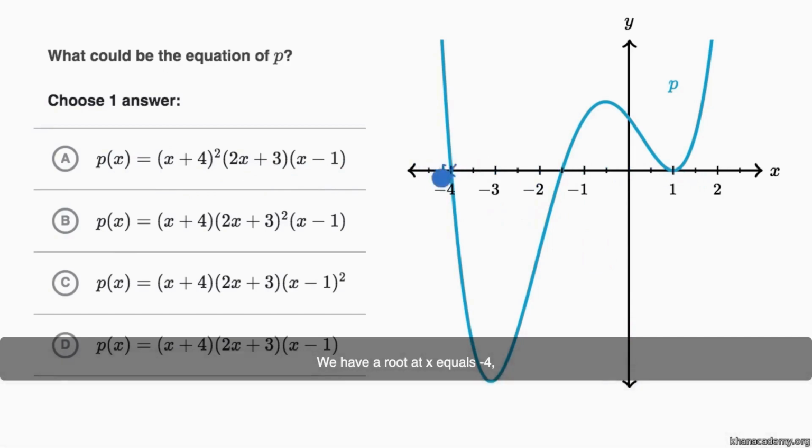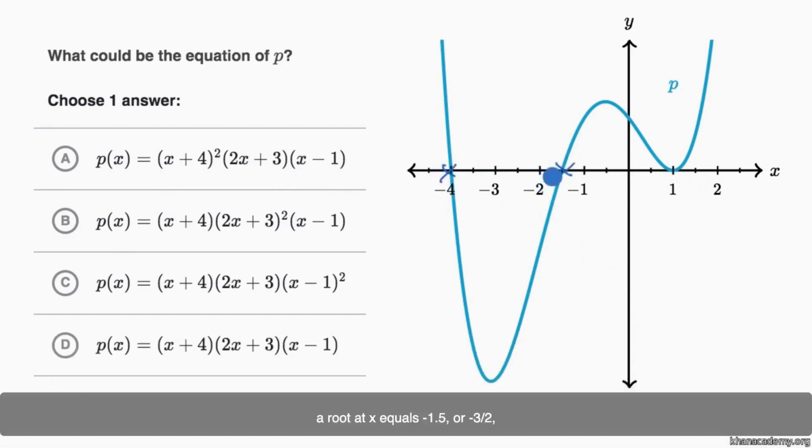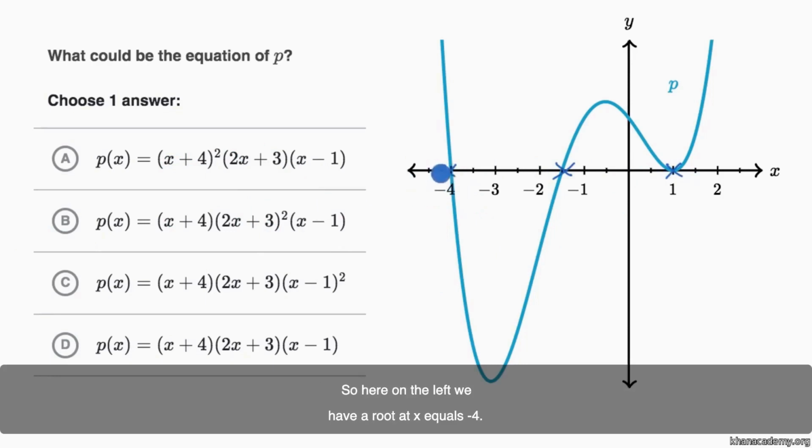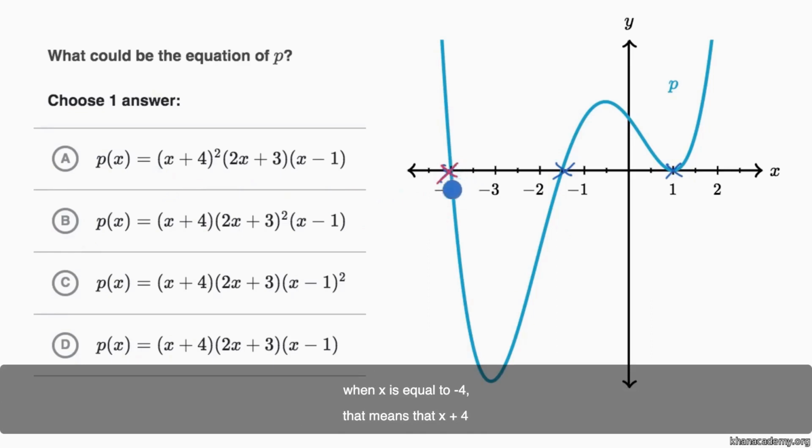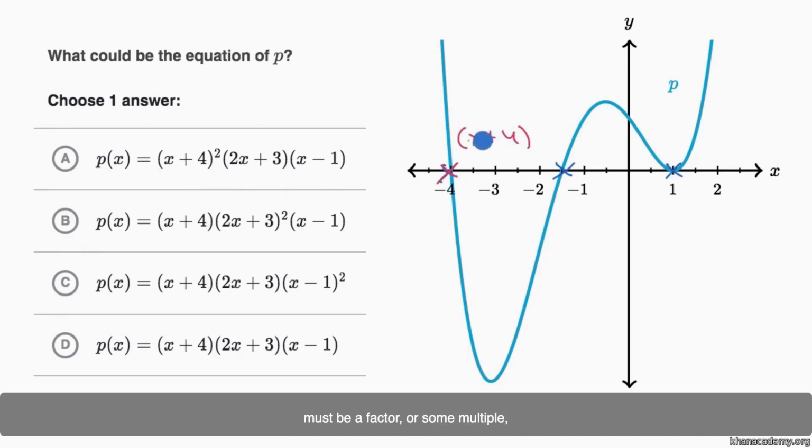We have a root at x equals -4, a root at x equals -1.5 or -3/2, and a root at x is equal to 1. So really what we have to do is say which of these factors are consistent with the roots that we see. So let's go root by root. Here on the left we have a root at x equals -4. In order for this polynomial to be 0 when x is equal to -4, that means that x plus 4 must be a factor, or some constant times x plus 4 must be a factor of our